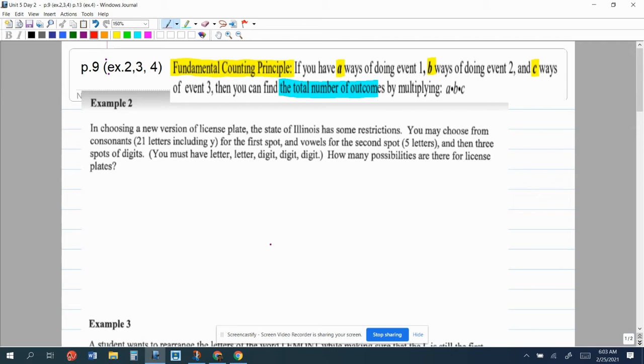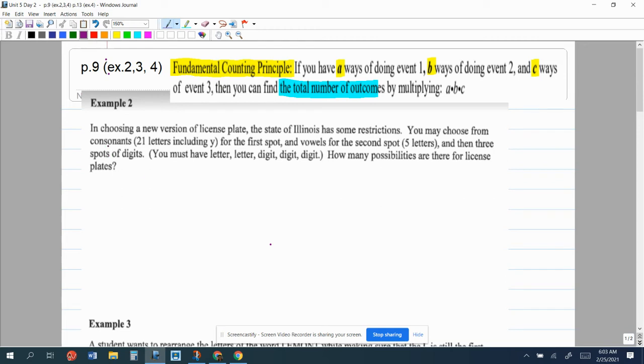You might have seen the fundamental counting principle in middle school. I'm not sure, but I want to take my time and look at how it applies in these different situations. I'm also going to use an illustrative way of how you easily maneuver around finding these solutions. So, in this first problem, on number two, this is found on page 9 in your learning packet,